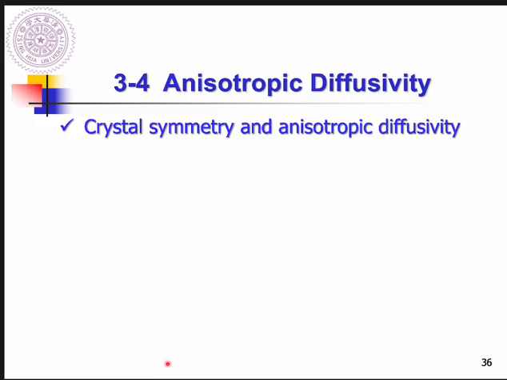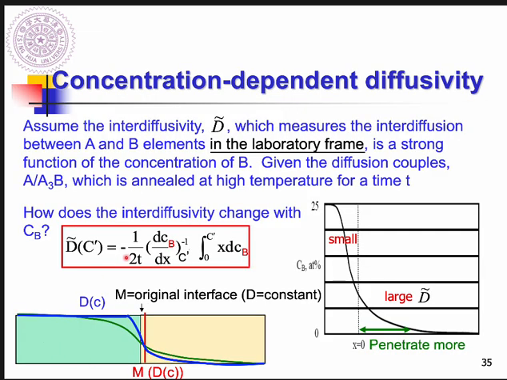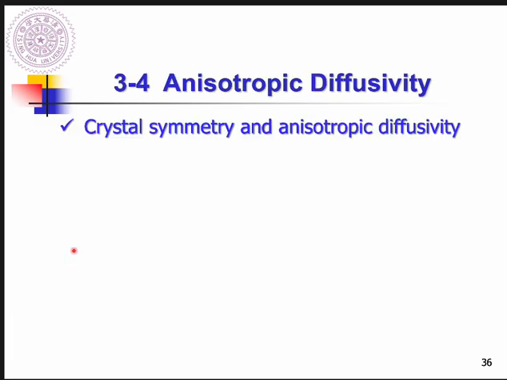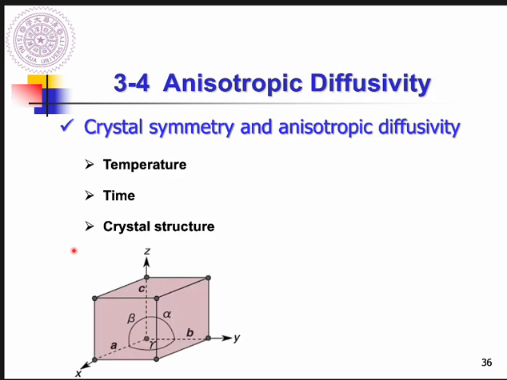Okay, so we simply ended the third section, so we are going to move to the fourth section: anisotropic diffusivity. As we mentioned before, some parameters will affect the diffusivity. We have mentioned that the temperature will affect the diffusivity, and time also probably will affect the diffusivity, right? For example, like this, time will also sometimes affect the diffusivity. But here we want to give you an idea